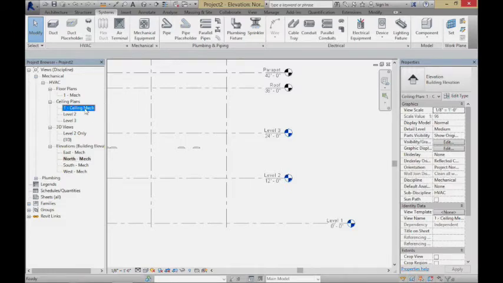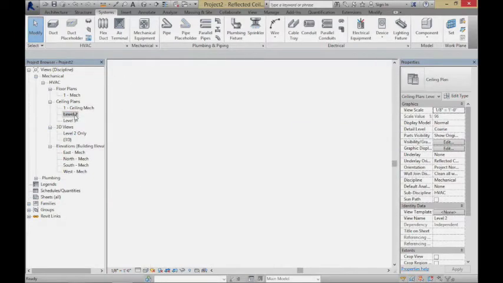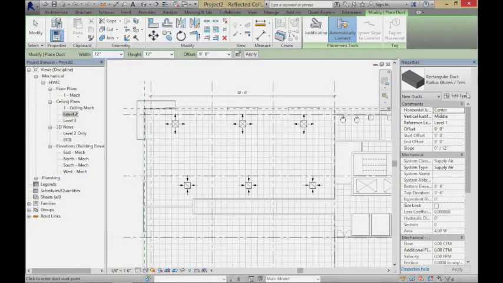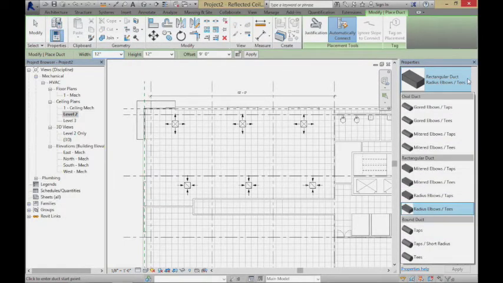Okay, so coming back over here into that ceiling plan, let's start running some ductwork. You can choose different types of ducts, whether you want to have rectangular ducts, and whether they want to have radius elbows or mitered elbows, whether they want to have taps or T's. The difference is really, as you run these different types of systems, they have different space requirements to